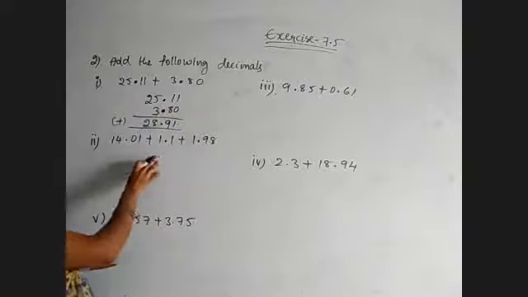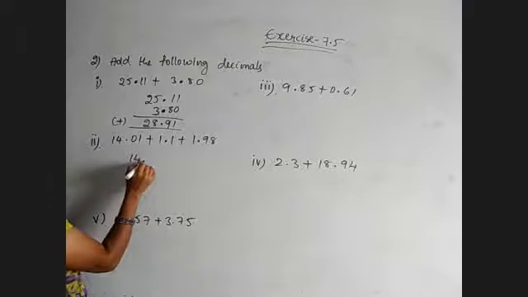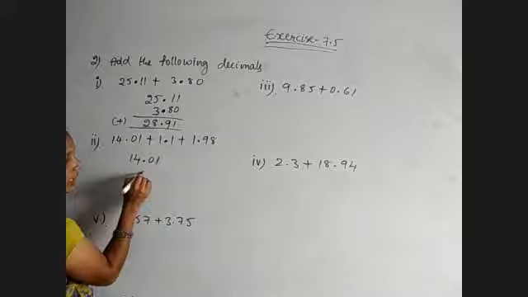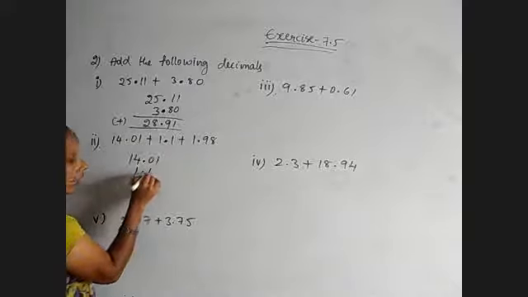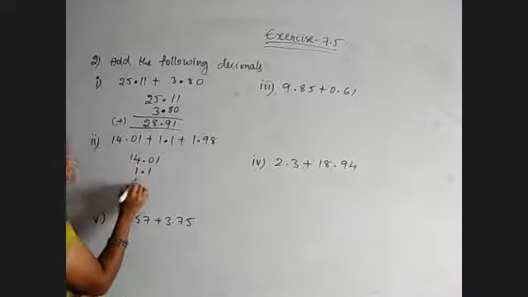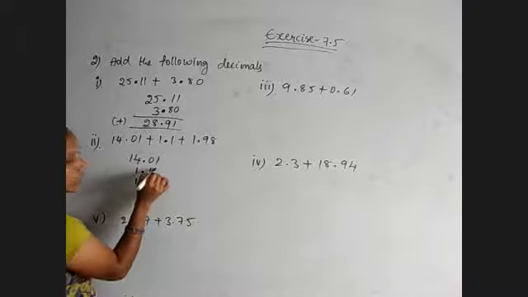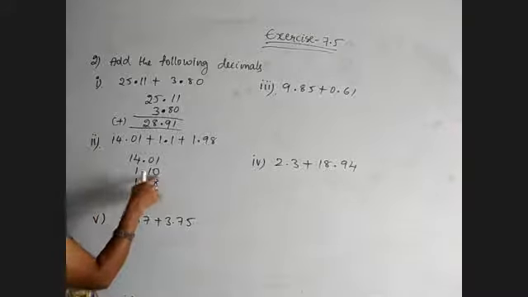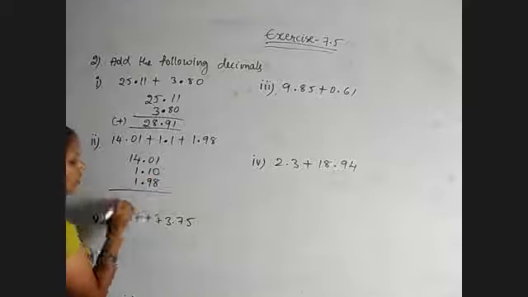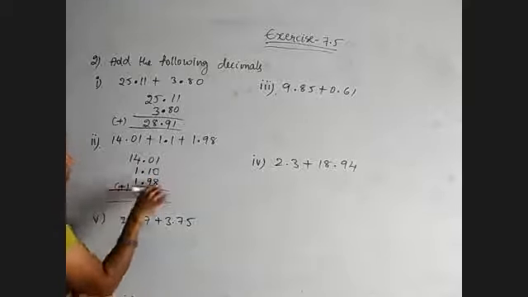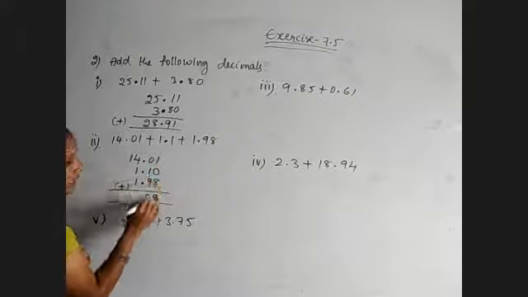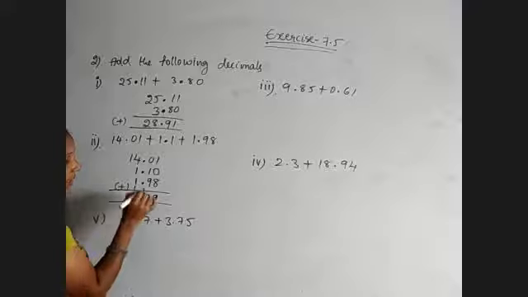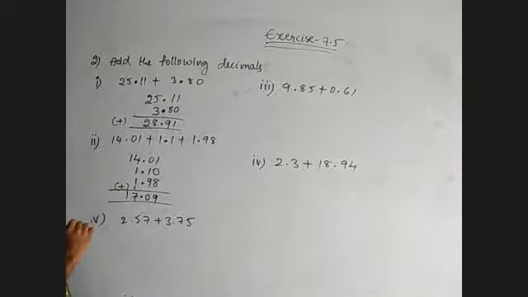Here instead of 2, 3 numbers are given. So arrange them in order: 14.01, 1.1. Here the point I will get, so before the point 1 digit and after the point 1. Then 1.98. Here this one is having only one digit after the point, so for that sake I am converting it into like decimals by keeping 0. That's all. Now add these three numbers. 8 plus 1 is 9. 9 plus 1 is 10. 1 will come here. 2, 3, 4. 3 plus 4 is 7. And 1, 17.09. That's all.